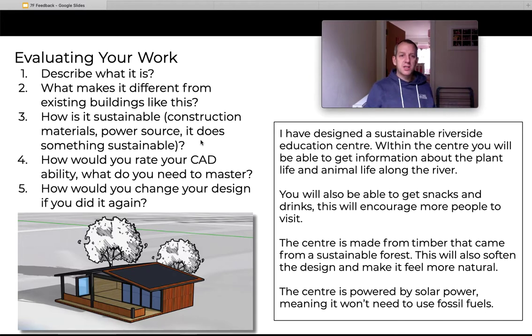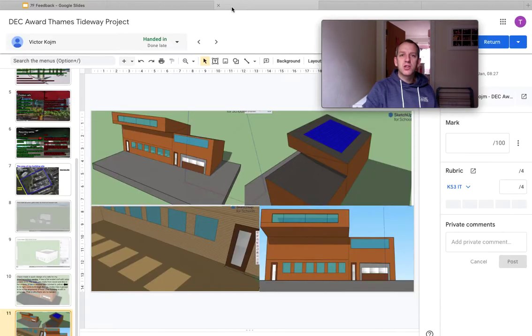So that's your task for today. If you need to go back and do some CAD modelling work, get that done. So you need to do your evaluations. And also if you want to carry on with your CAD model and raise your grade, that would be fantastic. Now, before I go, I just want to show you